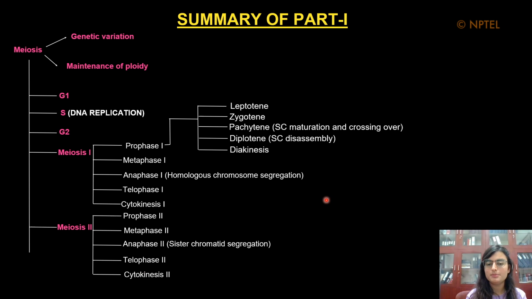One other very important point that we noted in the previous lecture was that in case there is a premature segregation of the homologous chromosomes, which means that both the homologous chromosomes move towards the same pole and do not move towards the opposite poles as they should have, and in cases where the sister chromatid segregation is premature or aberrant, the daughter cells that are formed will either be aneuploid or polyploid. In both conditions, it is deleterious to the cells and can lead to fertility issues and can also lead to genetic disorders in progeny.